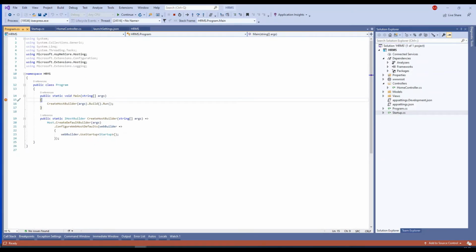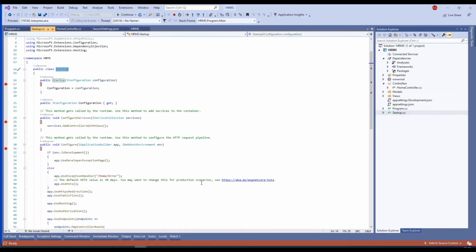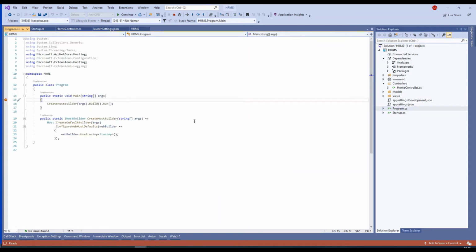So where has it started? Any code starts from the main method, right? You might say Startup.cs is first, but no, first is not this one. The first is Program.cs, and in that the Main method is there, and it will call CreateHostBuilder.